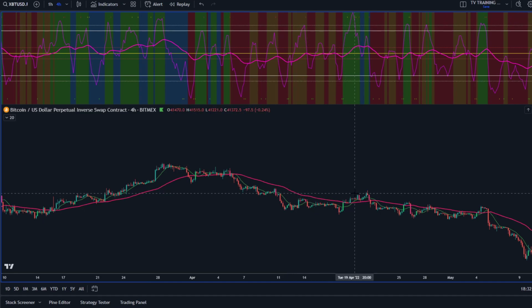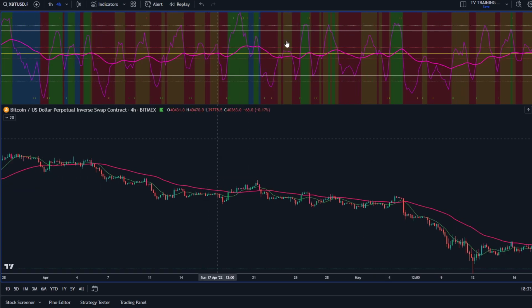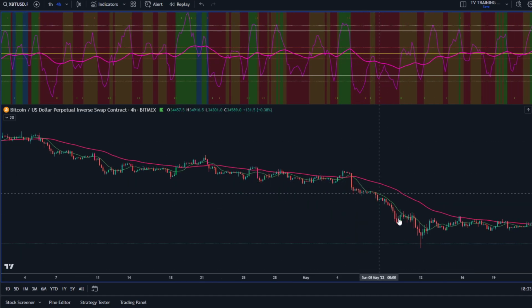Another reset right there. This one's not perfect, but it heads into what? A divergence. Now, I understand if you skip that one because I said until you're advanced at this, don't even get into the ones that don't reach 90. Is this something I'd be all over? Yeah, of course. Why? I got a massive rejection candle, right? That happens to be a failure candle, basically on a higher time frame. And then you're in the situation to where, yes, you saw a significant divergence. You lost this 45 again. So you went red again. All of these things come into play. But regardless, call that a loss. All right. Back to wins now again. Perfect spot. Perfect spot. Literally the most perfect spot you can think of for a mega trend line down.